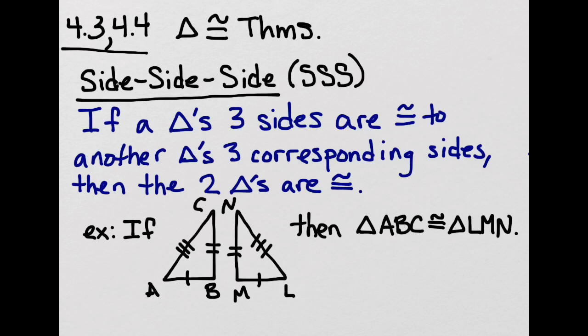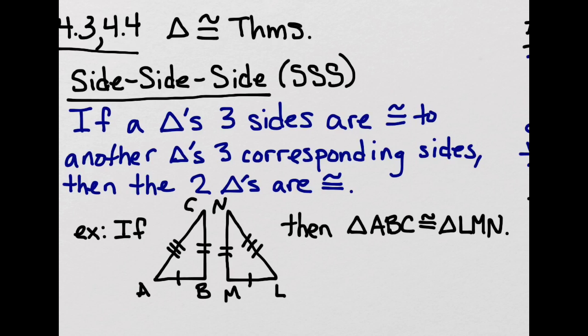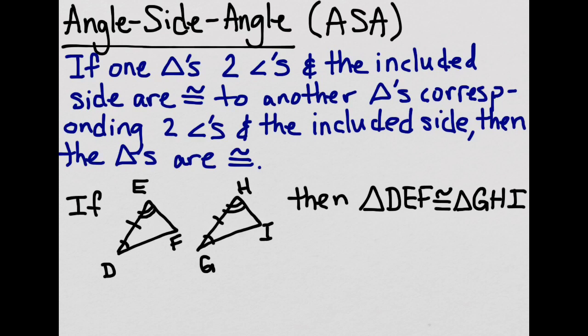So basically, it's just saying if we've got triangle ABC and triangle LMN, AB we show is congruent to LM, BC is congruent to MN, and CA is congruent to NL. Like we have 3 pairs of corresponding congruent sides, we can go ahead and say that the triangles are then congruent. And you can pause this if you need more time to write that down. I'm going to go ahead and move on to the next theorem, which is the angle side angle theorem, or